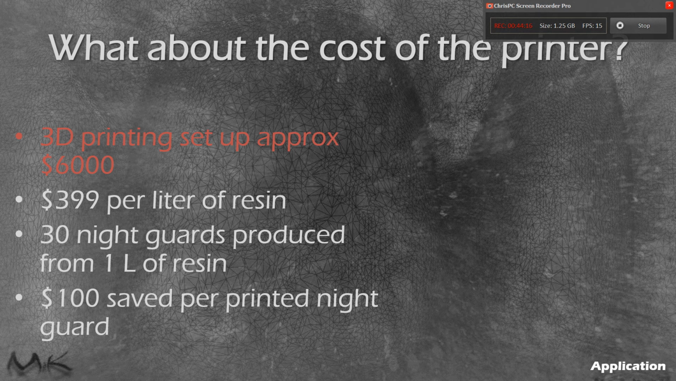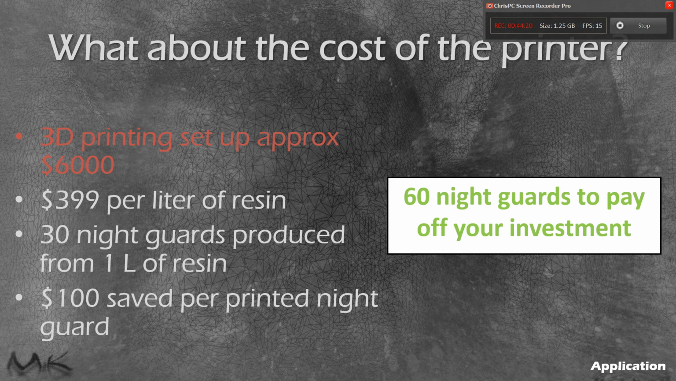And judging from the fact that we can save about $100 per night guard, in about 60 night guards, we start to pay off our initial investment of our 3D printer. So that's much more reasonable to me. 60 night guards looks better than 22 to 2,400 impressions. So a night guard,